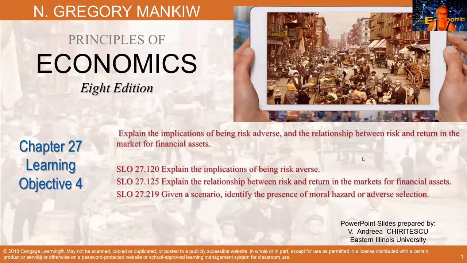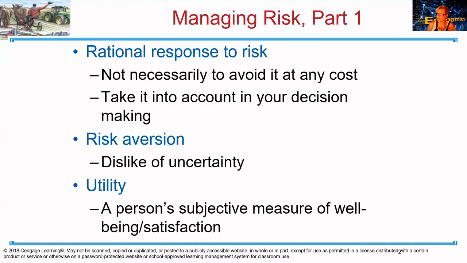Okay, so we're going to take a look at the idea of risk in this particular objective. We'll look a little bit deeper at that risk-return trade-off, and then talk about some of the ways that finance individuals will offset risk. So, a rational response to risk. We classify different types of risk: a person being risk averse, risk neutral, or risk seeking. And the context of this does matter. So risk aversion is that you don't like any type of risk whatsoever.